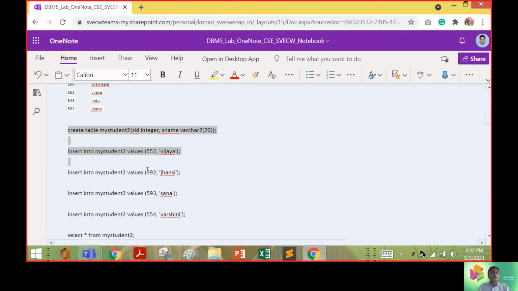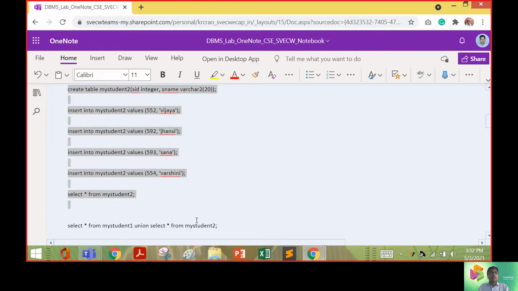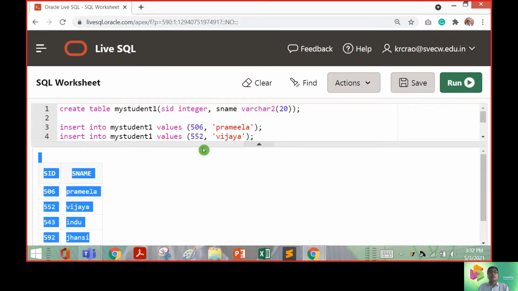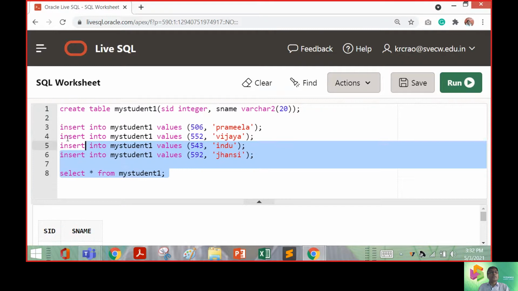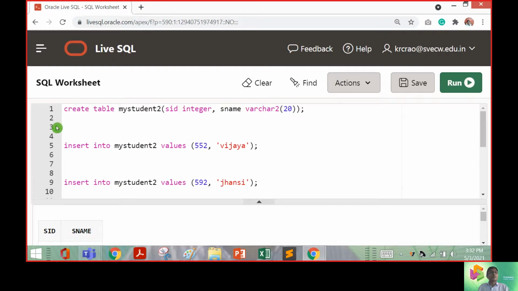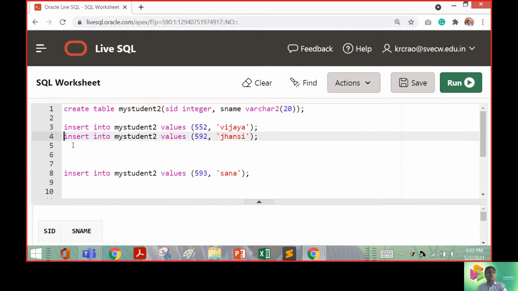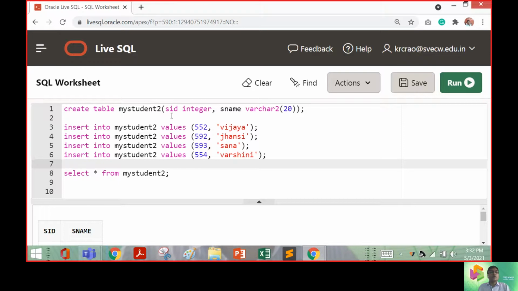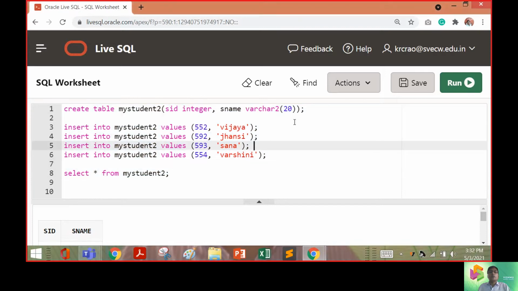Then in the same model, let us take up some more records for a clear understanding of what we have to do with these joins, etc. as basic primitives. Now we will take up one more table here, that is my students 2, and we are working in this model. We take the same integer values and names with Vijaya, Jansi, Sana, Varshini, and 52, 92, 93, 90, 54. So as a whole, now we can